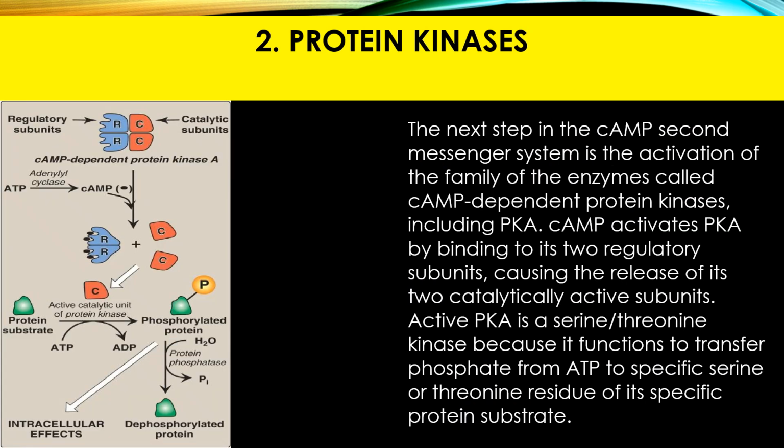Now here is the activation of cAMP-dependent protein kinase A. This protein kinase is tetrameric, with 4 subunits. Two of them are the regulatory subunits and two of them are the catalytic subunits. This is the cyclic AMP. When cyclic AMP attaches to the PKA, the catalytic subunit will dissociate from the regulatory subunit and it now becomes